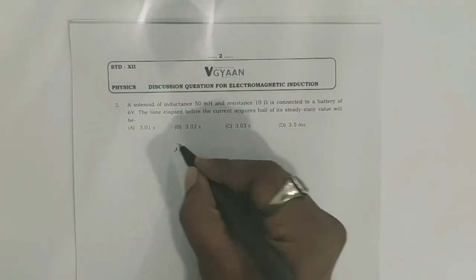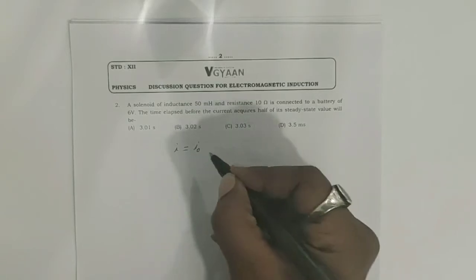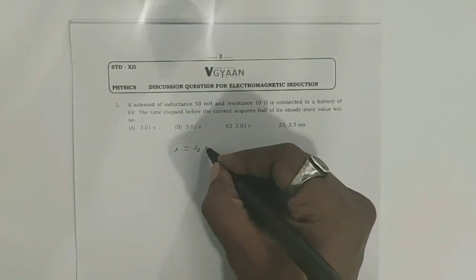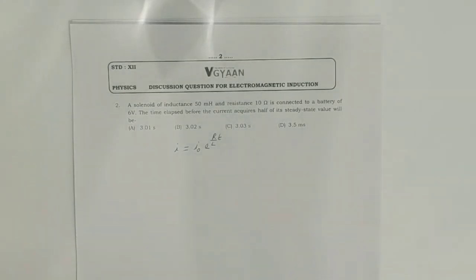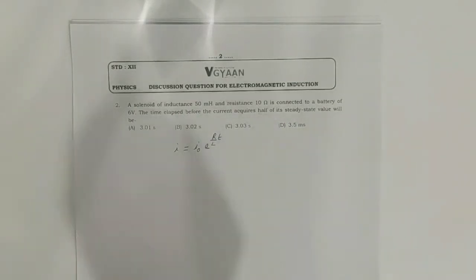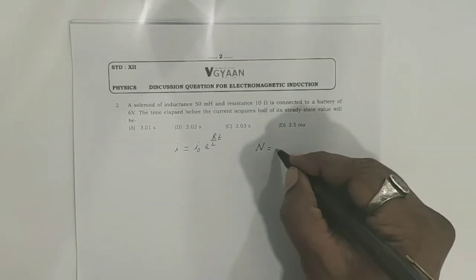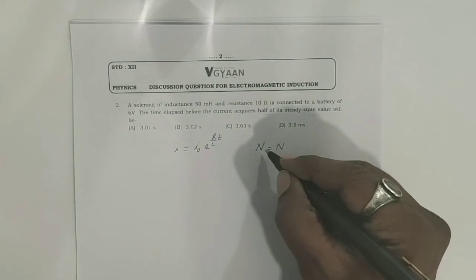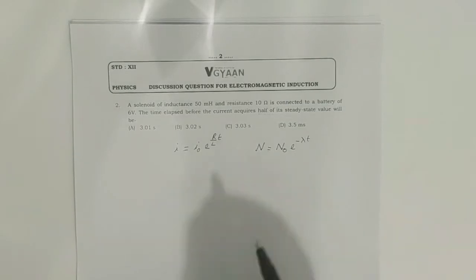The current which ultimately flows through the coil can be given as I naught, nothing but E upon R, into exponential raised to R upon L into T. But over here they are asking us to find the time taken for the current to increase to half of its steady state. So now if I compare, this is similar to the formula that we had in radioactive decay, that is the number of atoms which are present at any instant is n naught into exponential raised to minus lambda t. The only difference is that this is the decay, whereas this is the increase of current